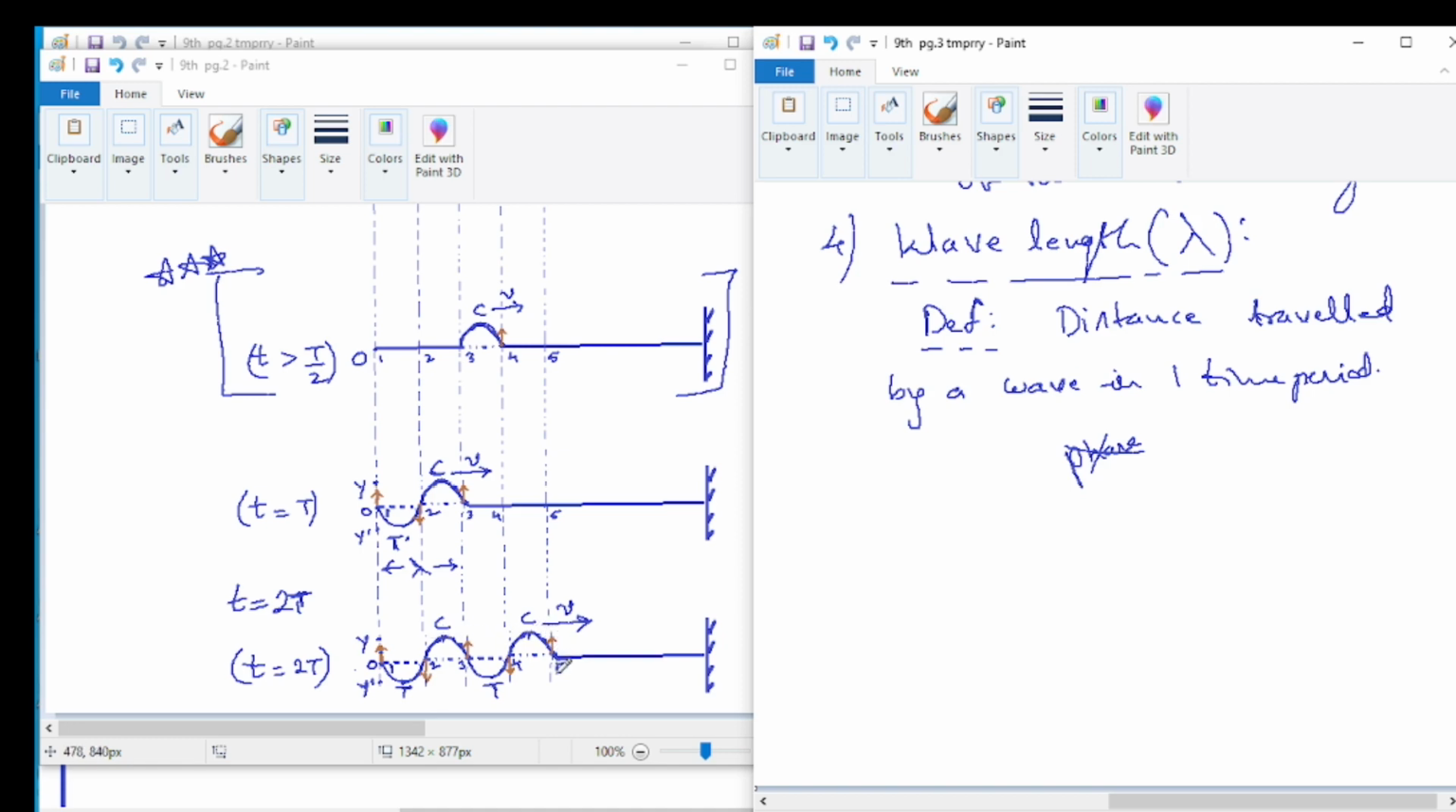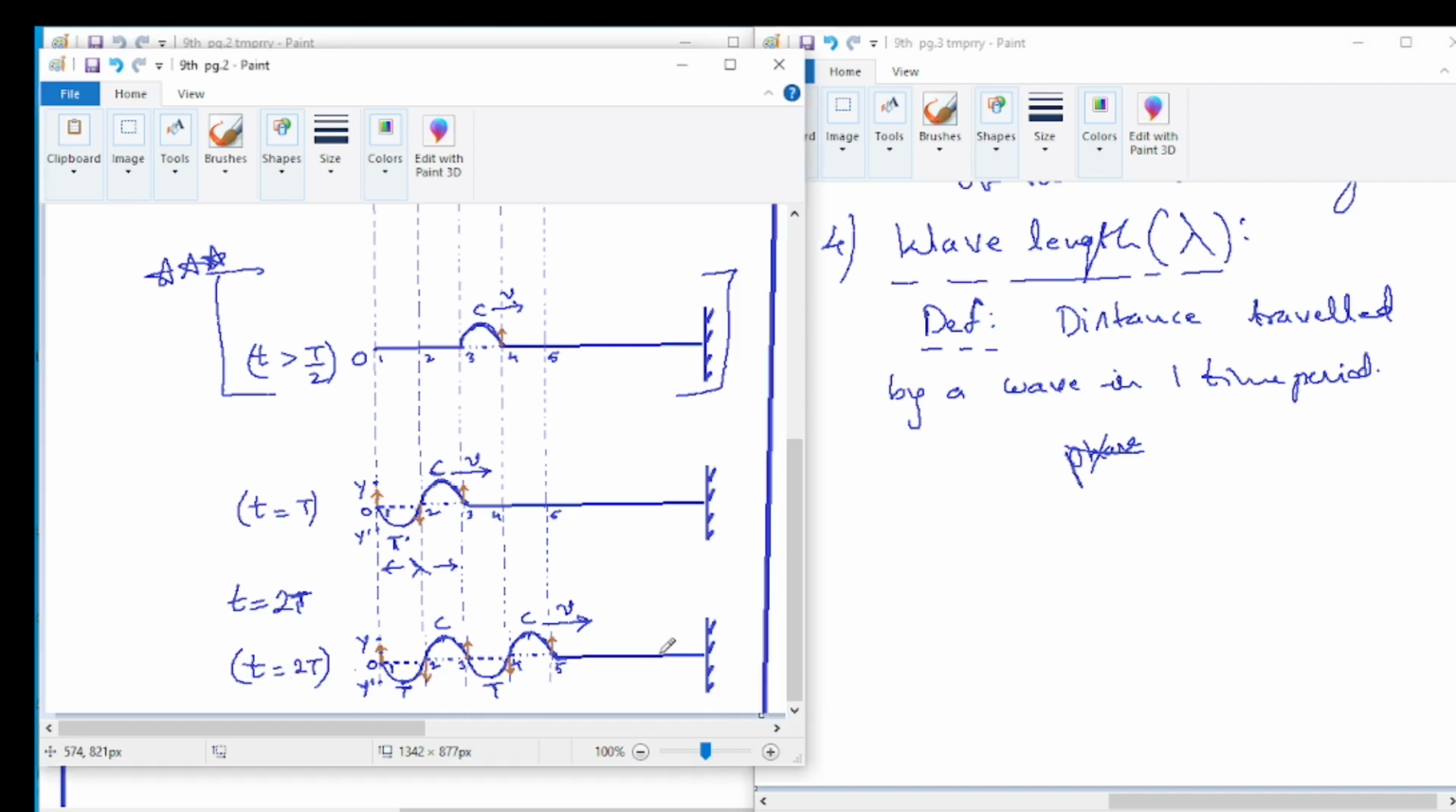The same thing will happen even for the next wave also. For example, at time t equal to 3T, in two time periods, two waves got formed. In three time periods, three waves will get formed. So the third wave will be looking like this. Roughly, I'll not draw the diagram neatly, because I'll remove this, because this is the main diagram for answering